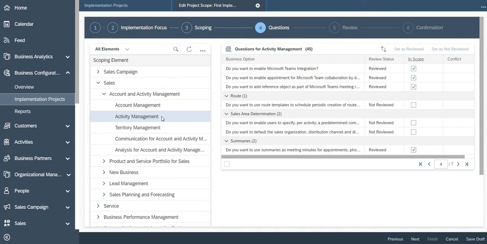Select the Activity Management in the scoping and navigate to this question, and you have to activate these three questions. Do you want to enable Microsoft Team integration? Just trigger the in scope, and the next one is, do you want to enable appointments for Microsoft Team collaboration